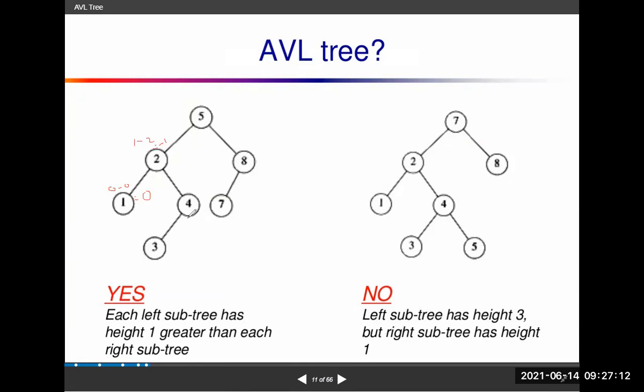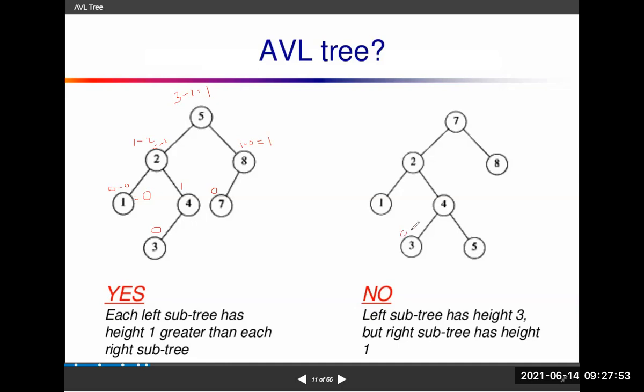Okay, see here, in this one left is 1, right is 0, so you get the value 1. Here 1 minus 1 is 0. Here also 1 minus 1 is 0. Here 1 minus 0, that is 1, because the right side has no element. Overall, for this node, the left side is 3 and the right side is 2. 3 minus 2 equals 1. So it is an AVL tree because the balancing factor is either 0, minus 1, or 1. Okay.